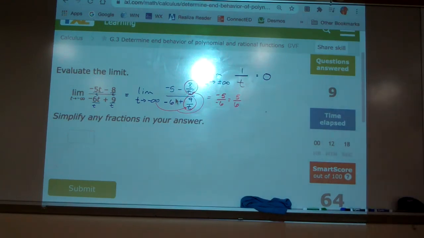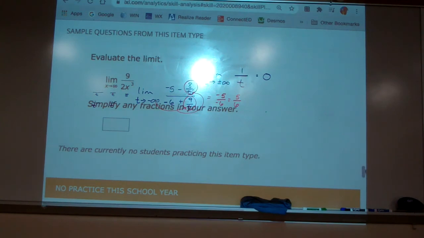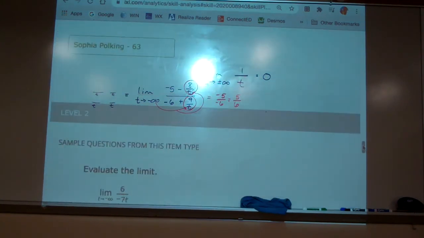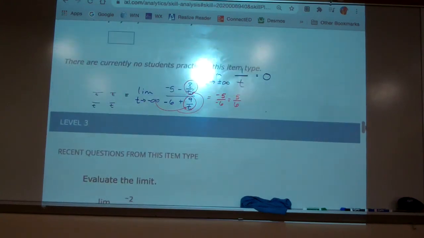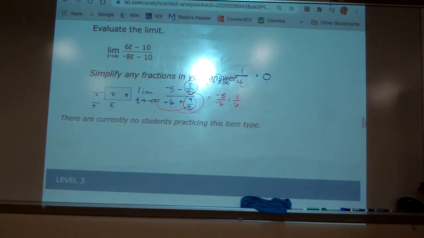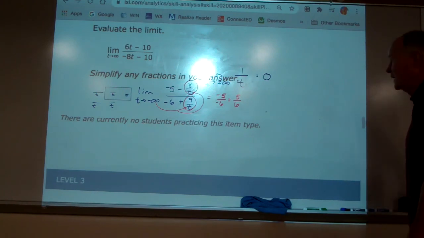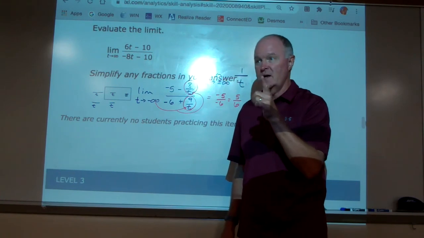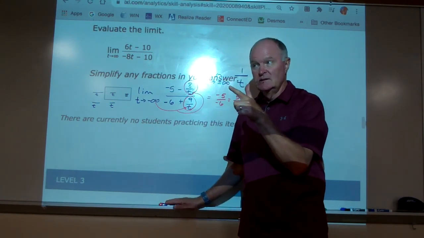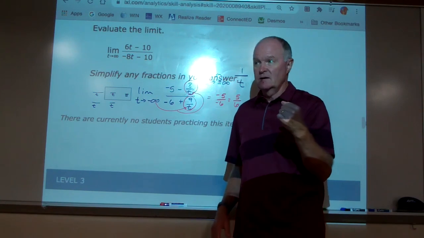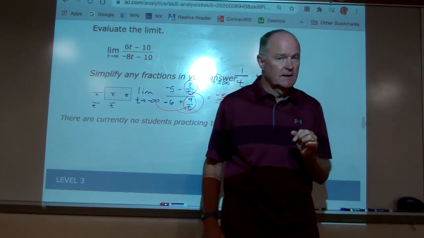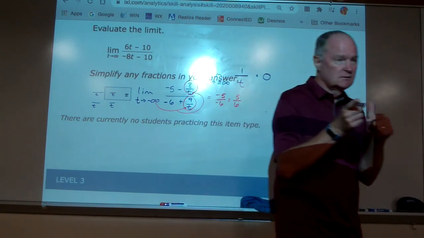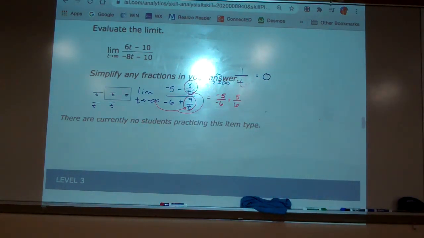Now, let's look at this one, just to see. Divide by the highest power and see what happens. We'll go with this a little bit more tomorrow, but try that. The G3 is where it's at, okay? And then in the book, same thing. Man, that got here faster than I thought. But we'll finish this up a little bit more tomorrow. I'll probably add to the video a little bit with what we've got. But see how it goes on the part